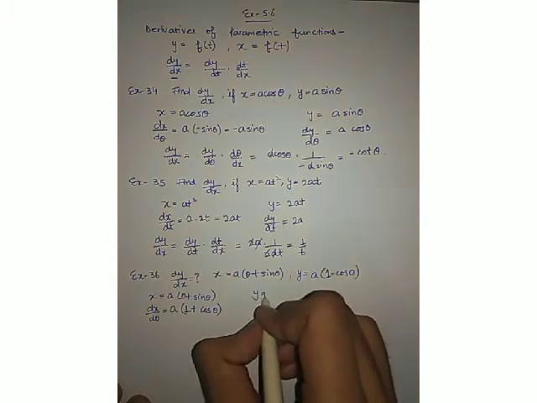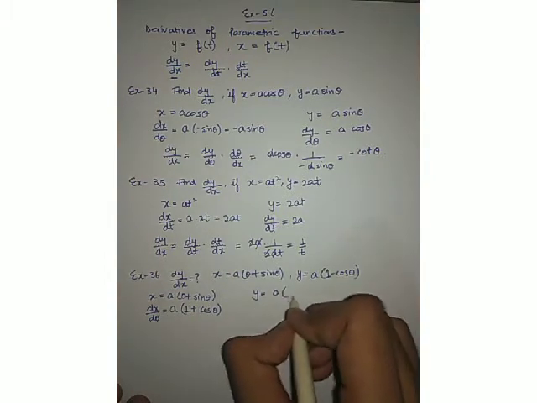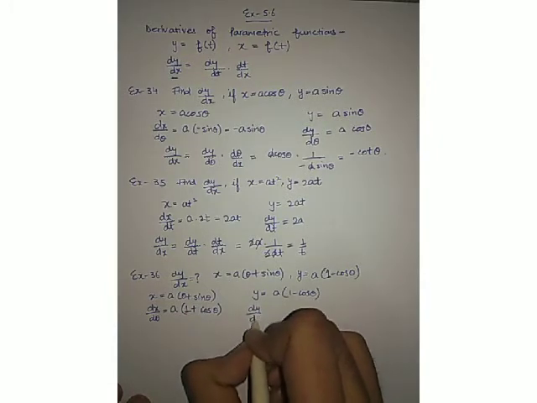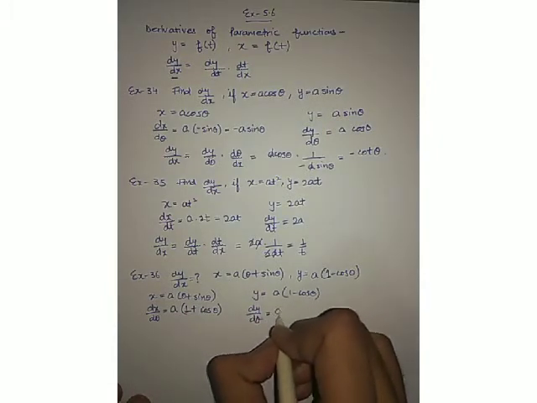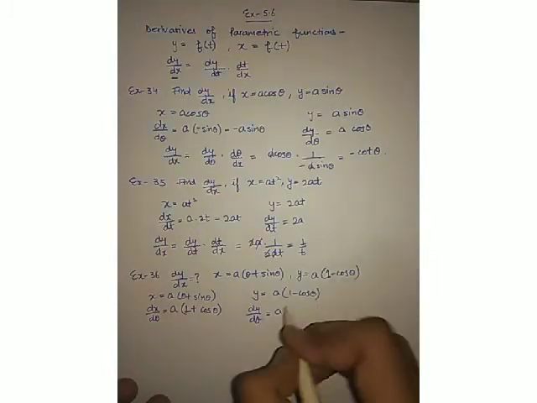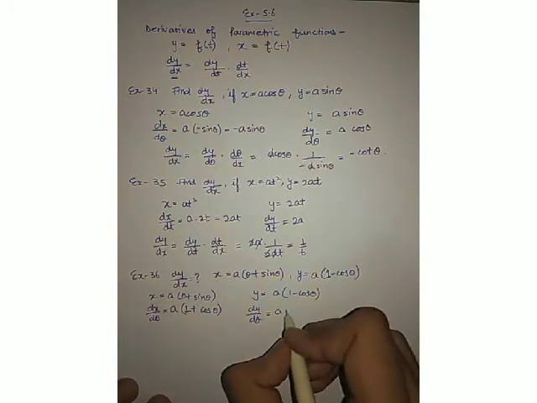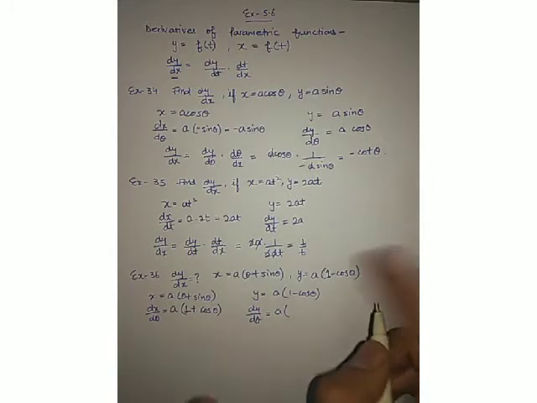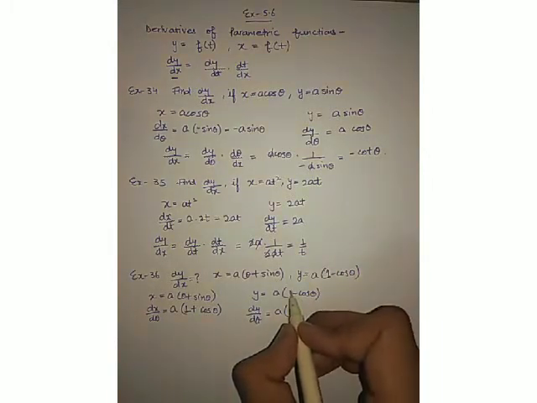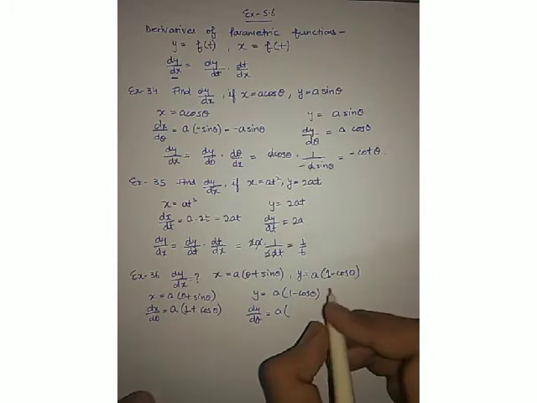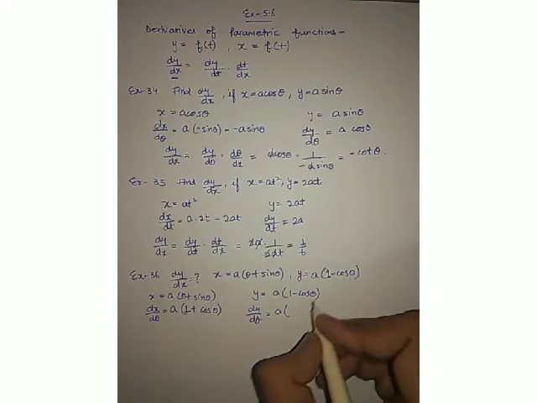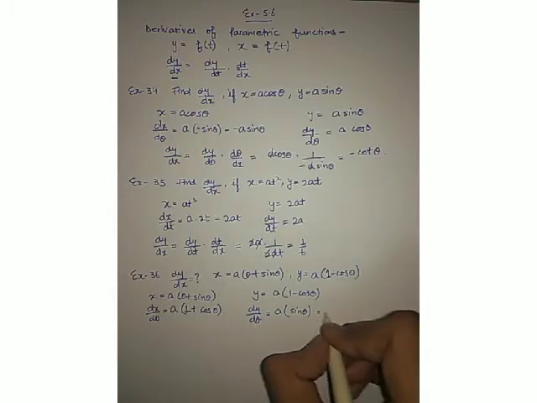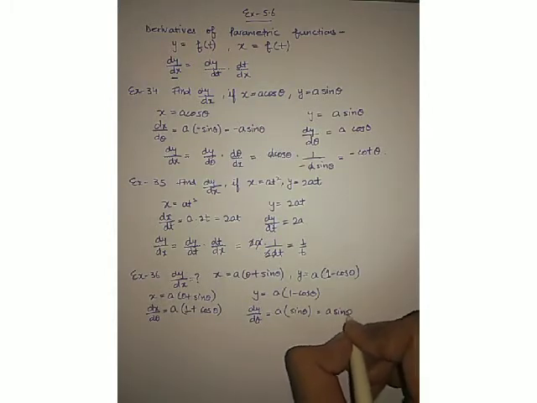We have found the dx upon d theta differential. Now what is y equal to? That is a 1 minus cos theta. Differentiate it with respect to theta, you will get a outside the differential again because it's a constant. Now what's the differentiation of 1? Of course 0. And what's the differentiation of cos theta? That is minus sine theta, and one subtraction sign is over here already, so minus minus will be added, and you will get sine theta only, and your answer will be a of sine theta.